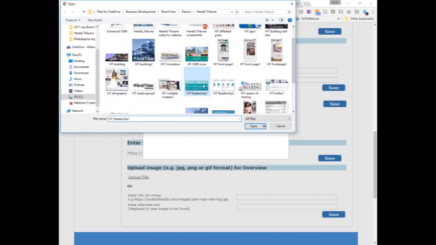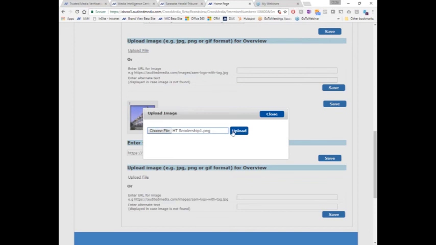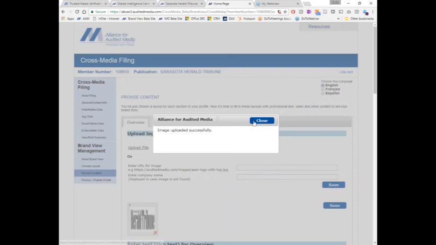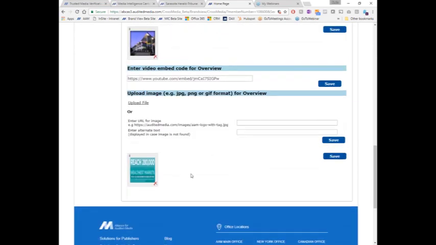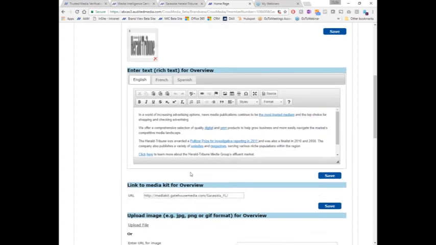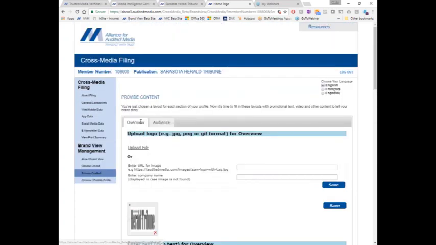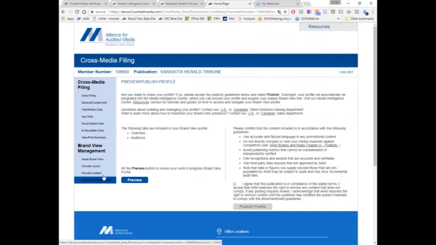Go to the next step here, Preview Publish Profile, and you just click Preview, and it'll open a preview. Now, this is a good opportunity to remind everyone, this is all done behind a curtain. So you're doing this until you publish that profile. No one else can see it. No one else can see how you're working on it. This is all done with your team. You can collaborate behind the scenes, but it's not visible in the Media Intelligence Center until you click